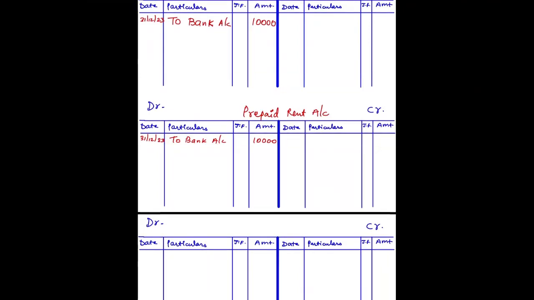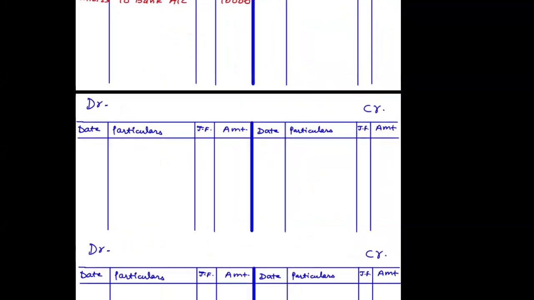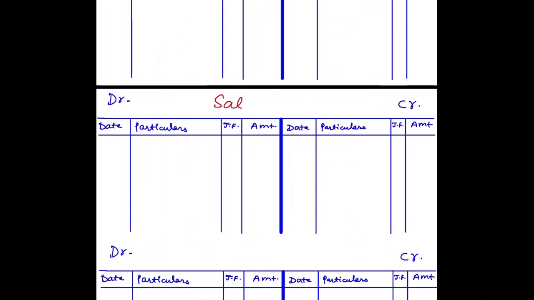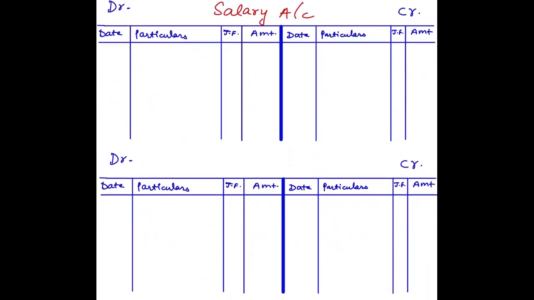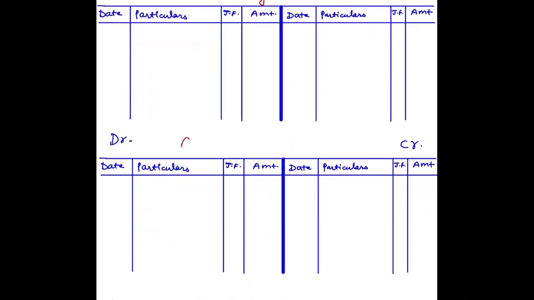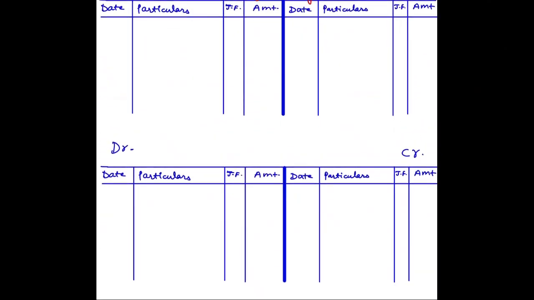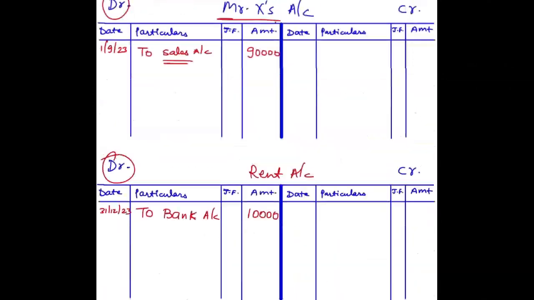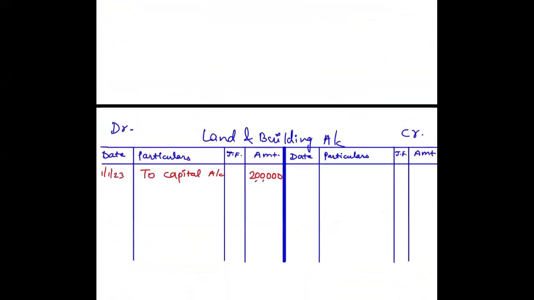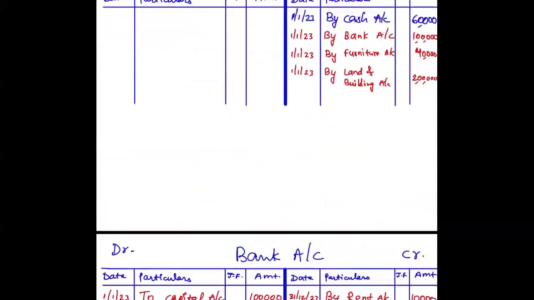Now I have the last journal entry where I will use two accounts, which are the salary expense account and the outstanding salary account. So these are the two accounts which we will be using. Okay, let's see the last journal entry. The last journal entry says